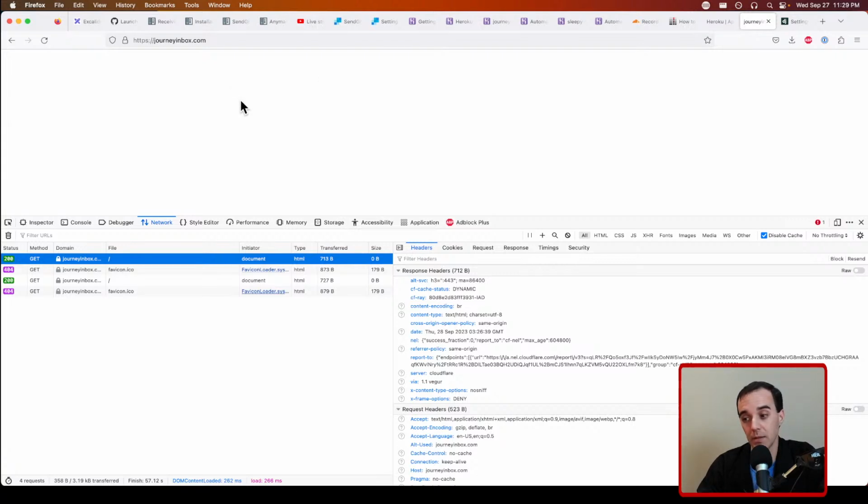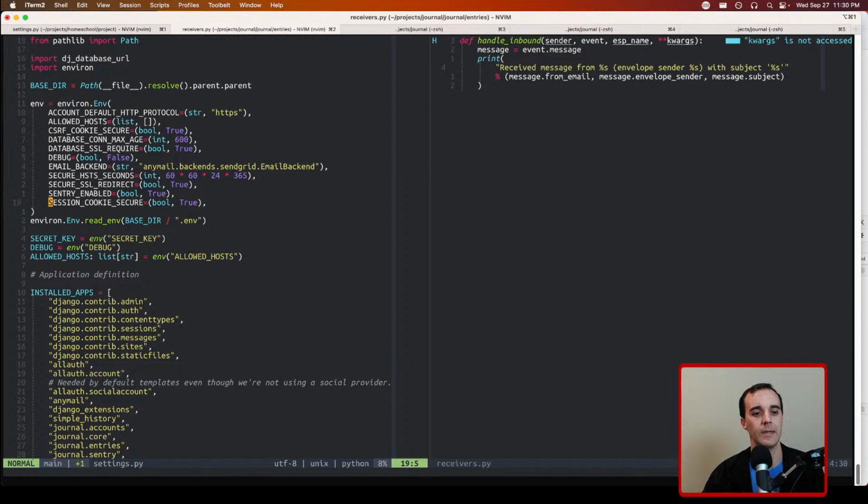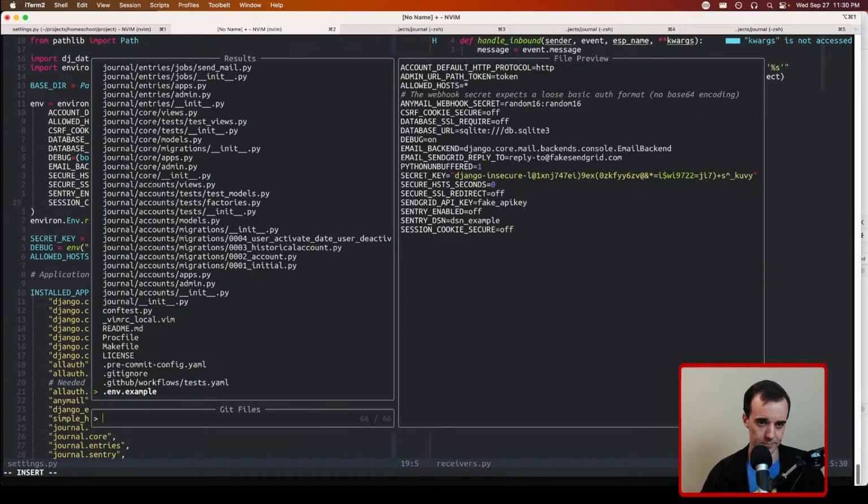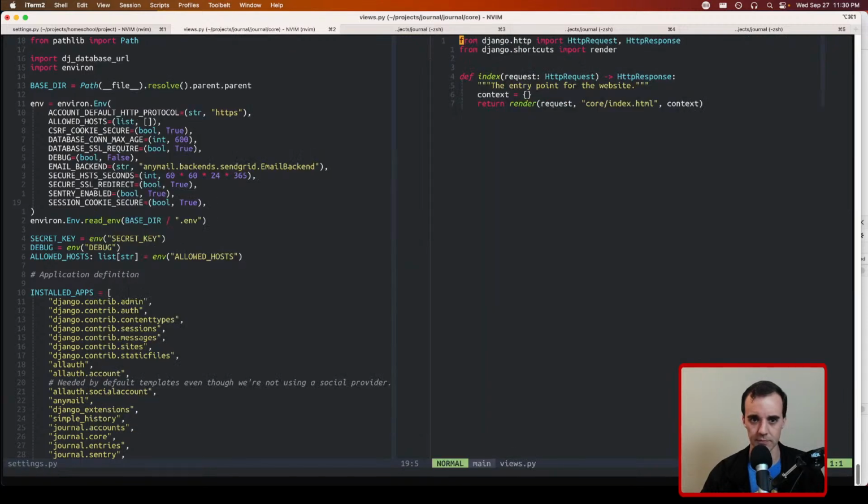So if you got HTTP without the S, then yeah, I've got a problem that we have to solve. If you didn't, then we can just throw up our hands. And let's do some other stuff here while I'm waiting to see what Bello says. Let's go to the core views and let's do a